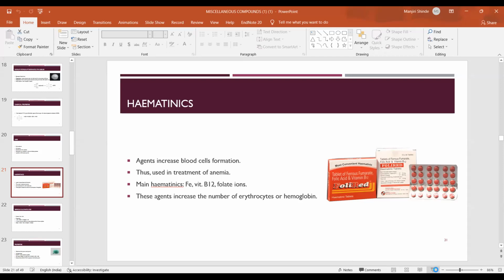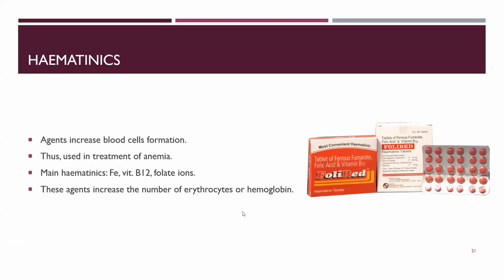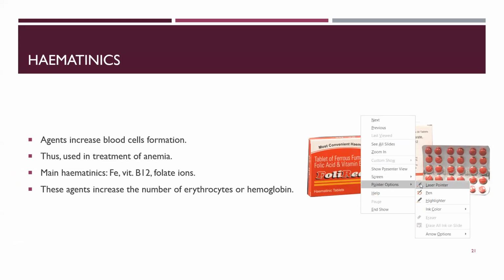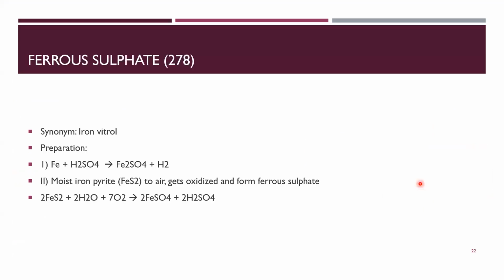So main hematinics known are the ferrous ions, then vitamin B12, folate ions, etc. These are basically the pills or the tablets which are taken for anemia to increase hemoglobin levels. The inorganic compounds used as hematinics are ferrous sulfate and ferrous gluconate. Starting with ferrous sulfate, it is iron vitriol, also known as green vitriol, with the molecular weight of 278. Its preparation is with